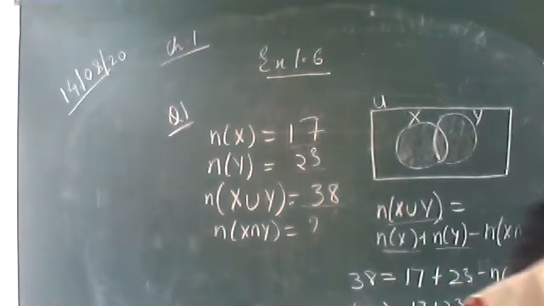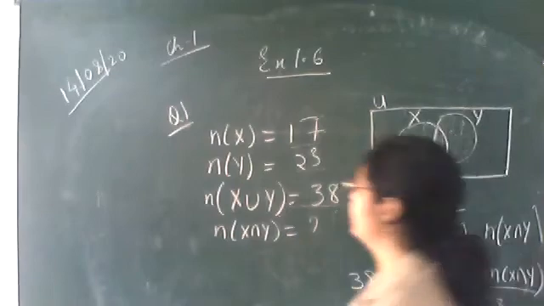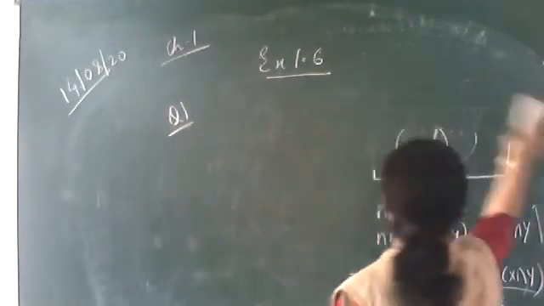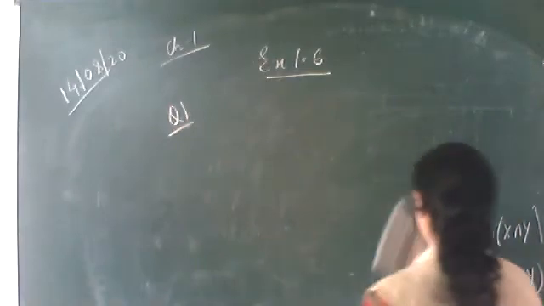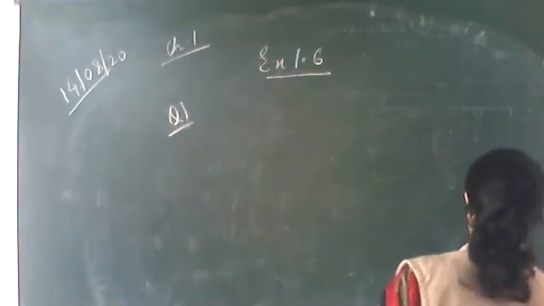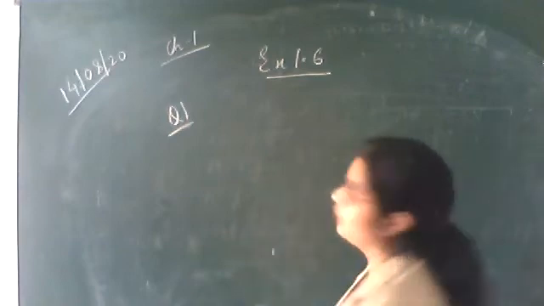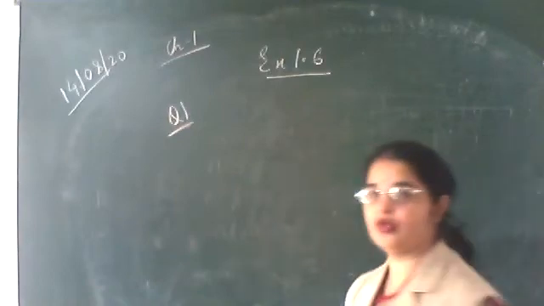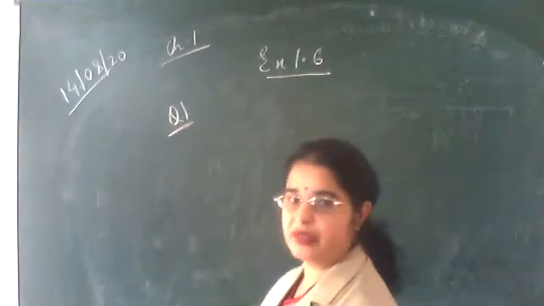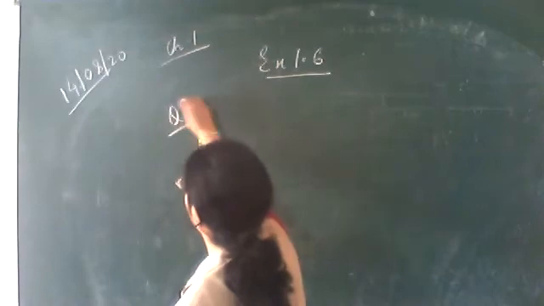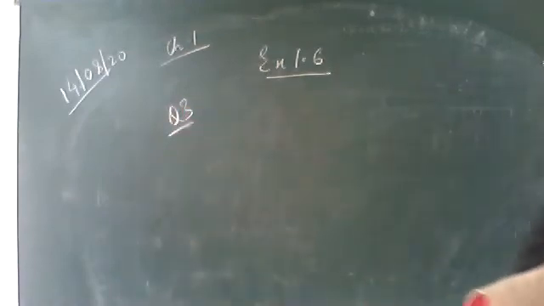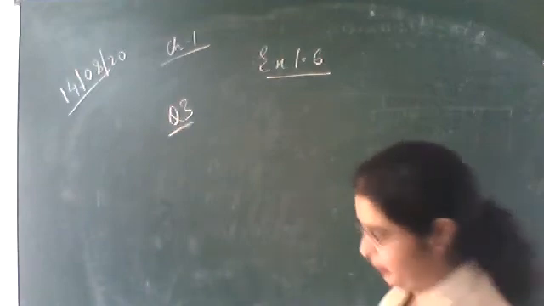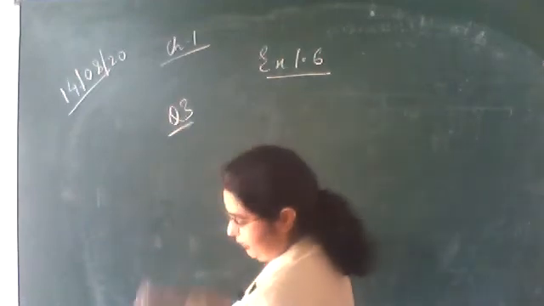Now your second question is the same. Try by yourself. Now come to question number 3. We have done this question using the formula; you can do the questions using a Venn diagram also. The Venn diagram is the easiest way to solve the questions of sets. Clear? Now write down question number 3, what they are saying. In a group of 400 people, the total number of people is how many?